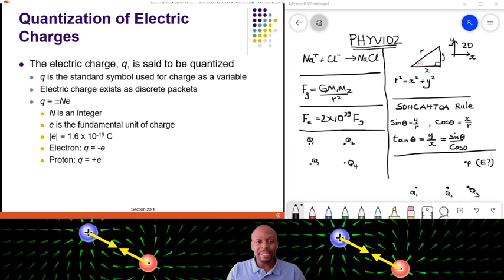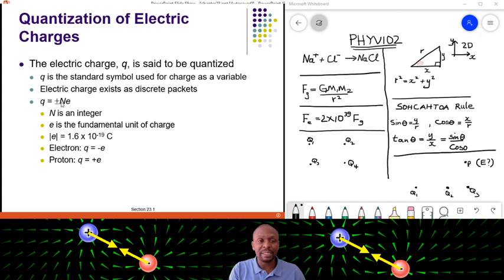Now, the electric charge, we use the alphabet Q to denote the electric charge as our variable, because charge can vary with time. You'll see when we do the capacitance that charge is a function of time. Right? Charge is actually quantized, and we can just write it in terms of this simple equation where Q